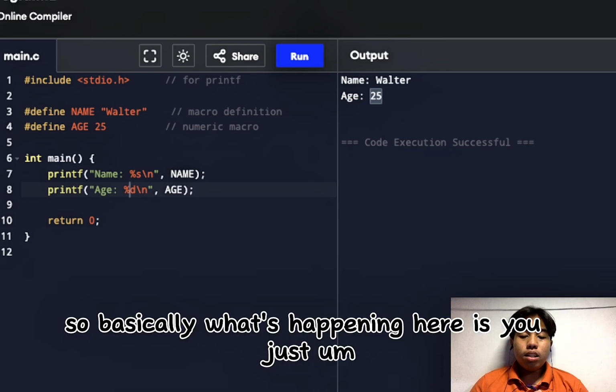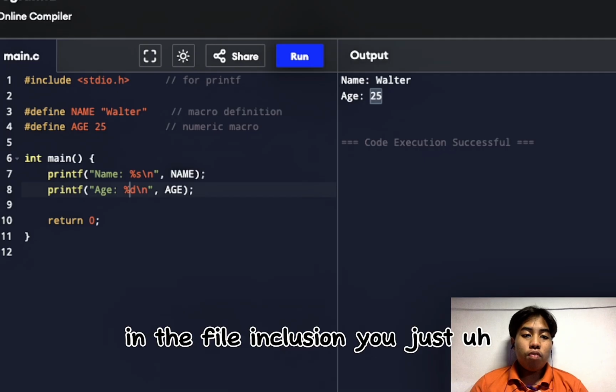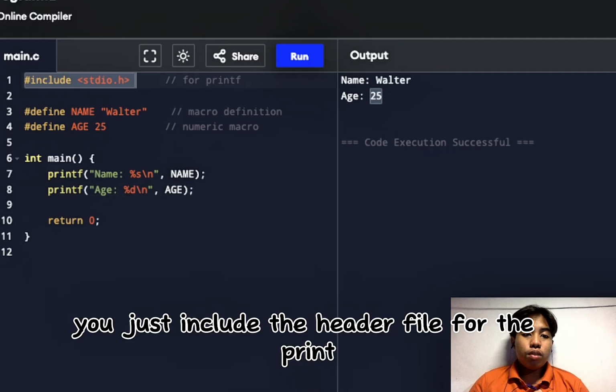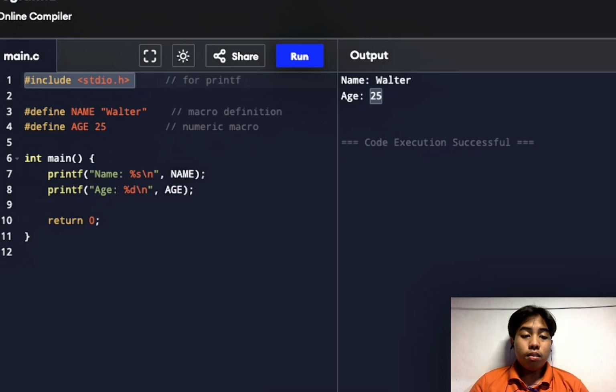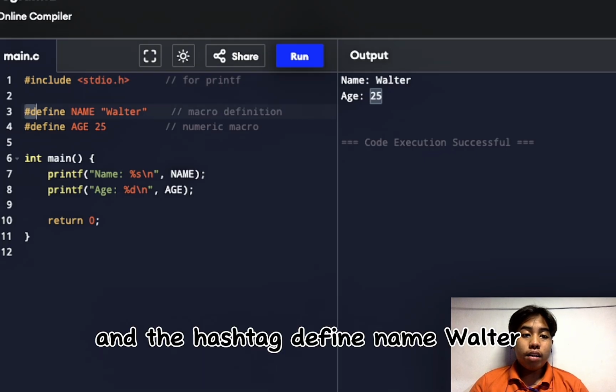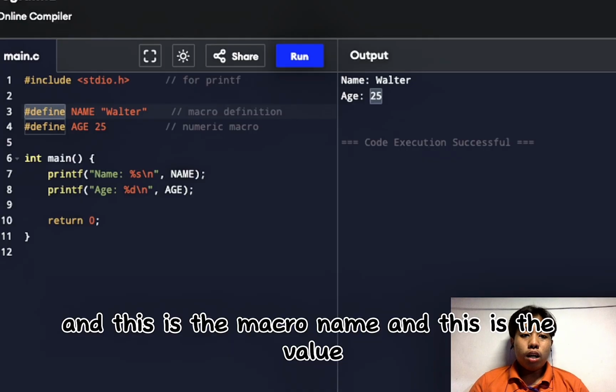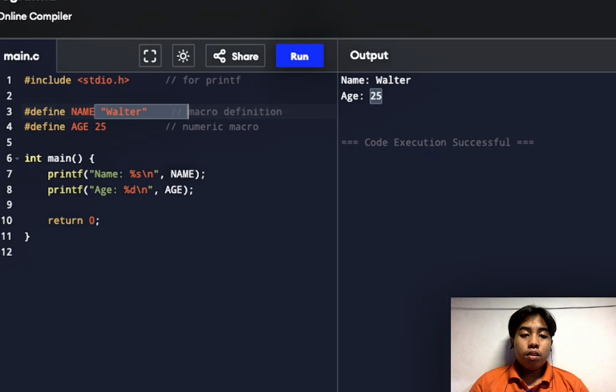So basically, what's happening here is in the file inclusion, you just include the header file for the printf functions, and the #define name Walter, this is the macro name and this is the value. Remember that's the value.